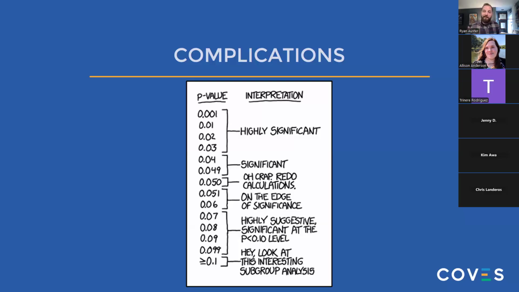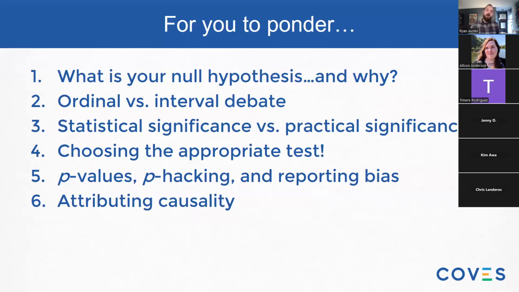So the only things I really highlighted in the test results from SPSS and RStudio were the test statistic and the p-value, because those are the things you look at first to see if you need to look anywhere else for what the data are telling you. So before you get right into inferential testing, there's a couple things I want you to think about in advance. I'm going to talk about numbers 1 and 2 on the slide just out loud, and then I've got some short examples to get into.